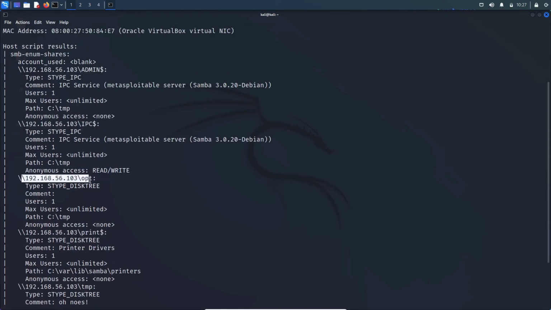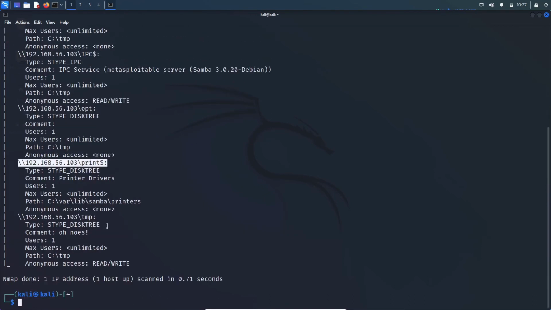We have OPT. We have a printer share. Again, it's running on a Linux box, but it's doing a very good job of emulating what you would find in a normal sort of Windows network, possibly on a domain controller or just a Windows box that's sharing information. But what we can do even more is if we do sudo nmap --script smb-enum